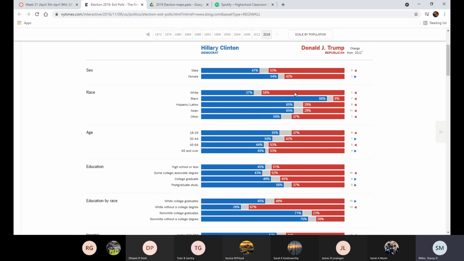With race, 58% of whites voted for Trump in this election, and then you have 88% of black voters voting for Clinton in this election. Big difference there. Same thing with Hispanic and Latino and Asian, 65% voting for Hillary Clinton in this election, and then 29% voting for Donald Trump. Where you're going to find populations like Black, Hispanic, Latino, and Asian, where do you think you'll find them? In the cities, right? And that is why you often see those populations will tend to vote more Democratic, and it's just kind of the way it's been, right?